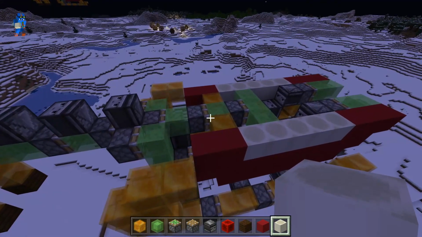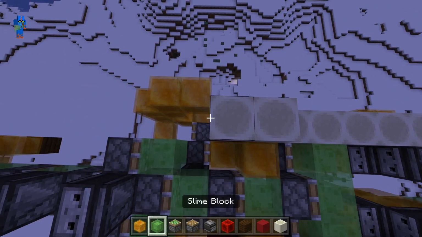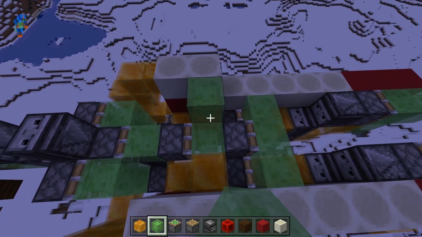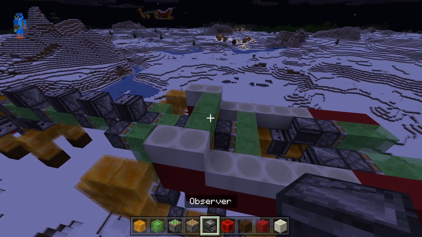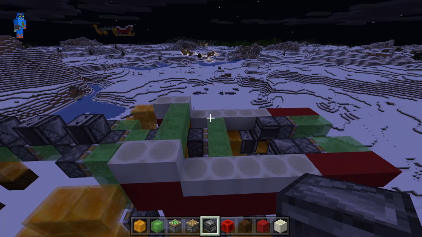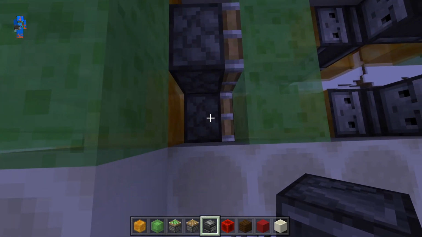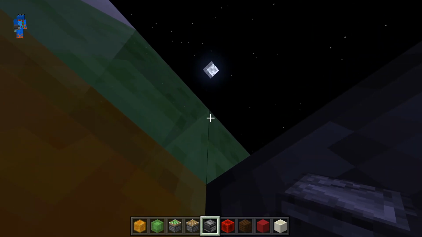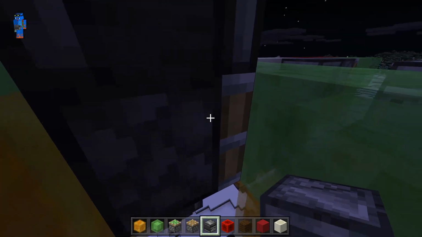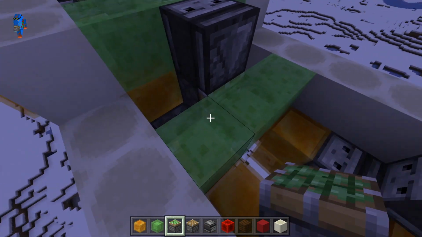Now once again we're going to grab our bone blocks and place them on either side of our sled, and then place down 3 blocks of slime just like this. Now grab yourself an observer once again, and then we're going to temporarily remove this sticky piston just so we can get down here, and place an observer facing downwards into this piston